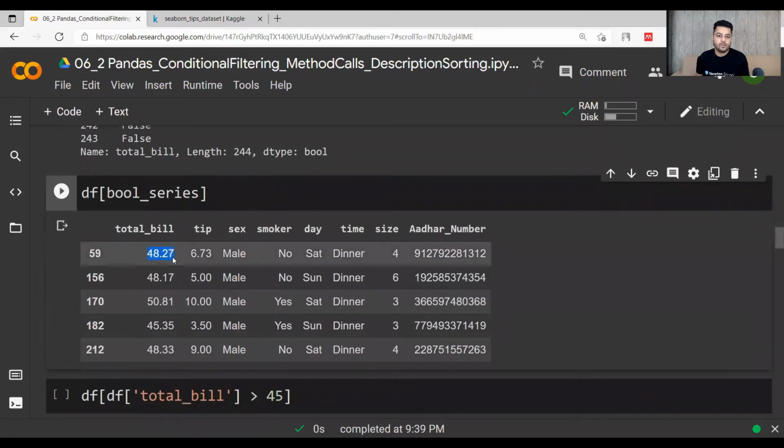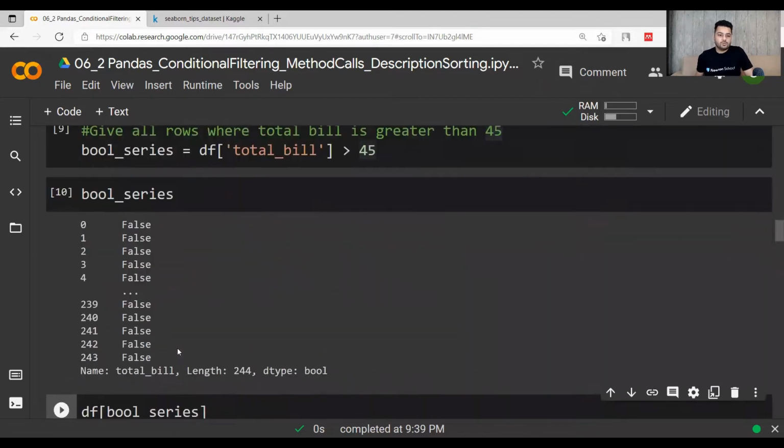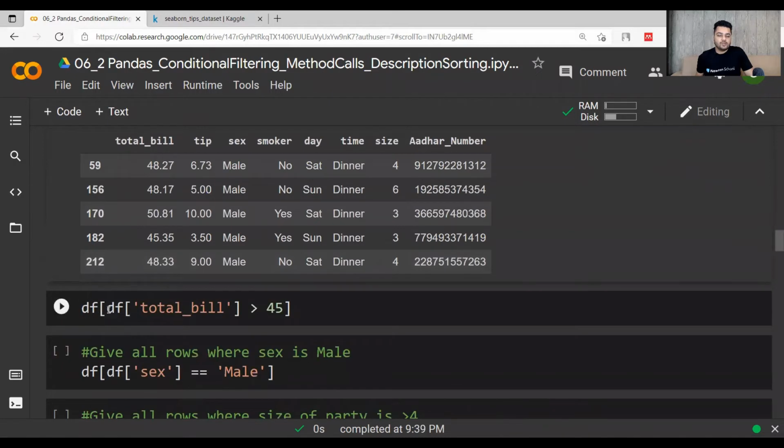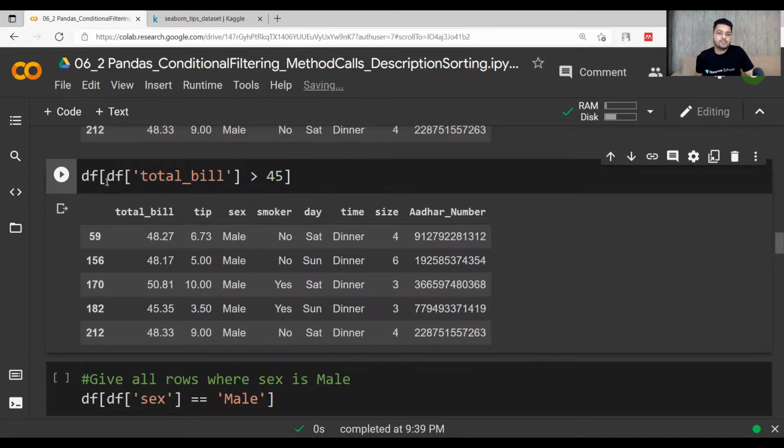So here the total bill is greater than 45, and there are only 5 rows which are qualifying. Now those 2-3 things can be done in a single line by just doing this: df total bill is greater than 45, and we directly pass it into this df. By running this command, you will get the data frame which is qualifying the condition.